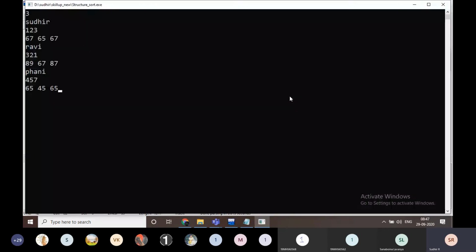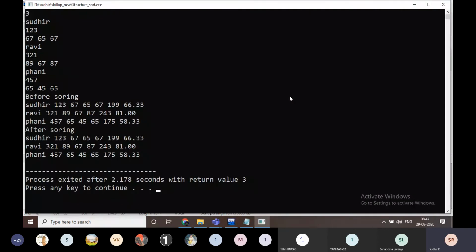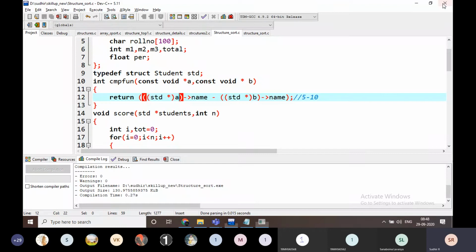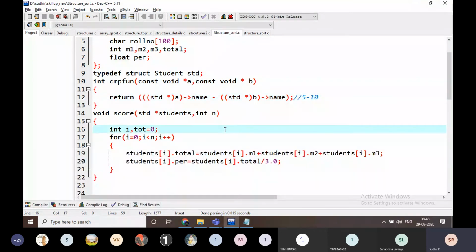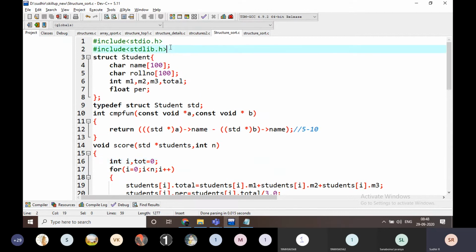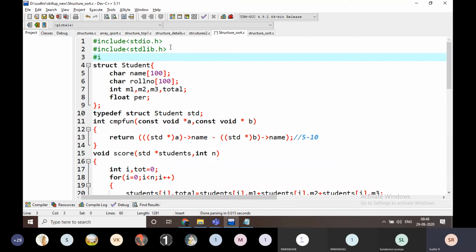If I am going to execute it, this is the input. I am going to give the output. Just wait, something is missing here. We have to compare it. We are dealing with some strings, right? We have to write the comparison function. We have to take the compiler, right? We can take any values.